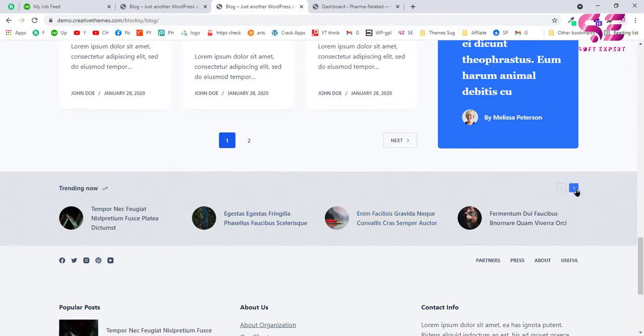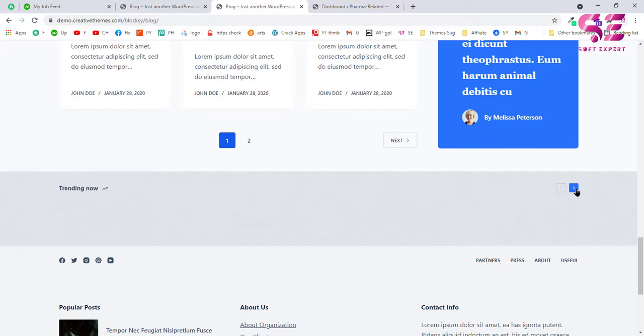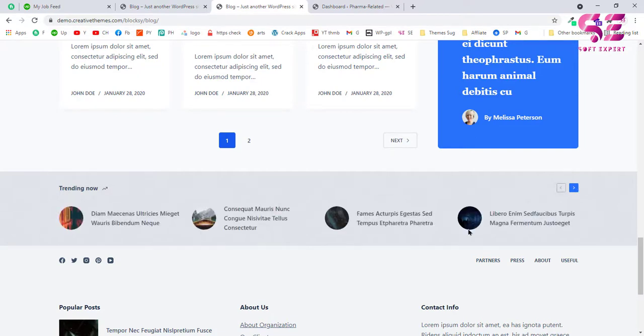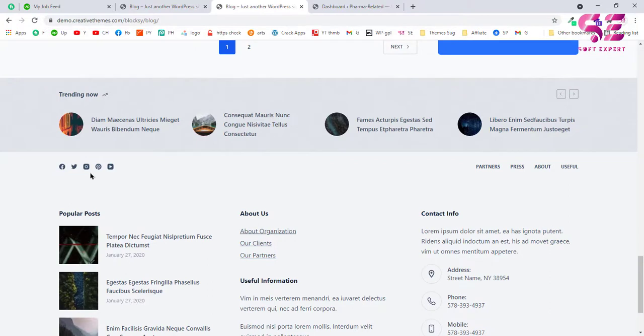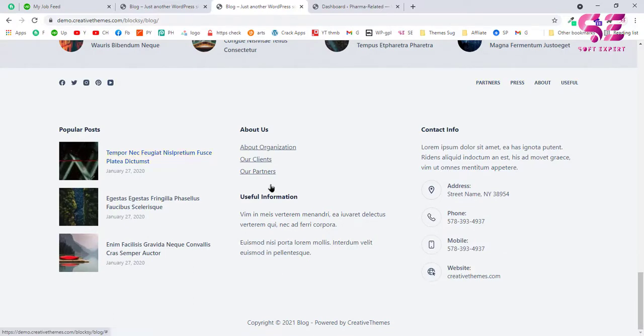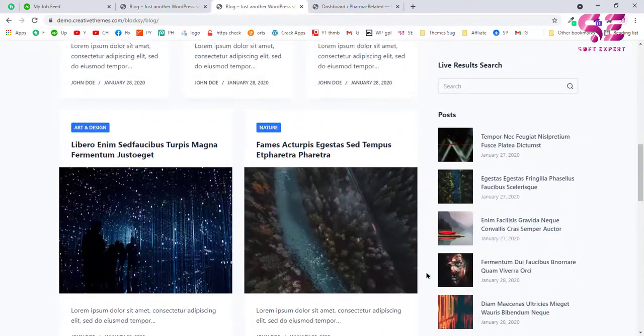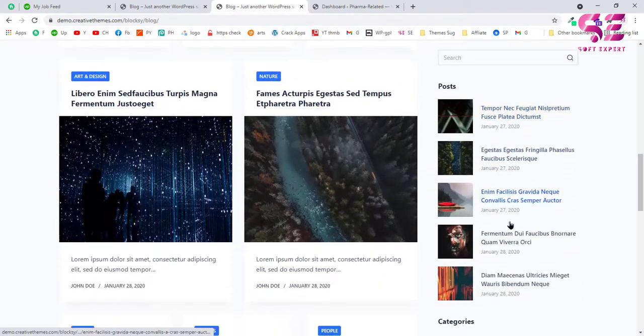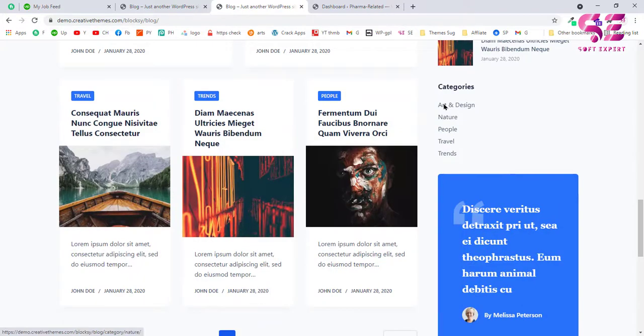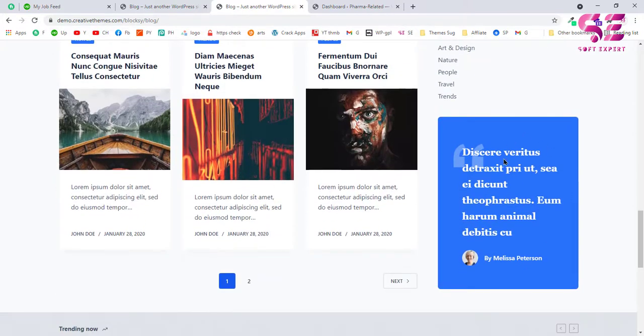So for example, if someone wants to know more, then they can scroll this. So basically this is a slider, as you can see. Again we have the footer tab, which has the social links and the links again, and this is our main footer. So you will see how we can do this one by one. And if I scroll up, we have the sidebar as well, which has the posts along with the search, categories, and here you can display ads or anything about yourself.